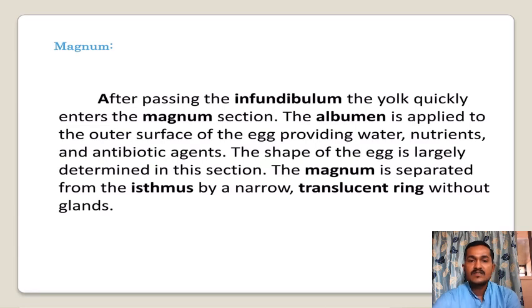In that region, the main function occurs. What is that? Addition of the albumen. Understand? The whitish part of the egg is added inside the magnum region. Then